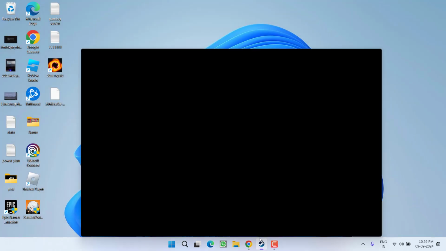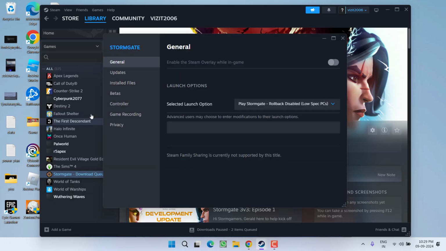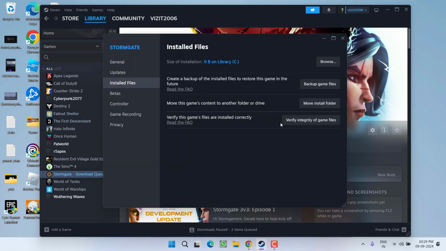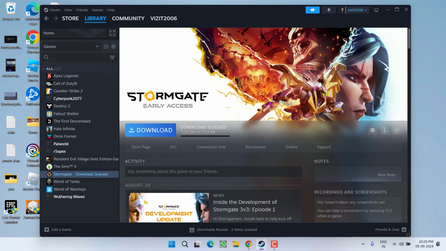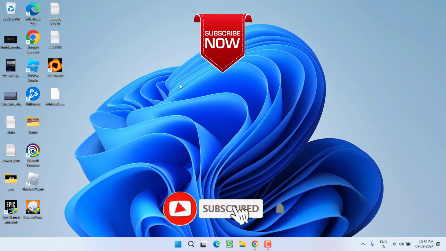And in case of Steam, after deleting the folder, right click on your game, choose the option Properties, click on Installed Files and choose the option Verify Integrity of Game Files so that the deleted folder will be re-downloaded using Steam. And once done, relaunch the game and this will completely fix the crashing issues while playing Black Ops 6.